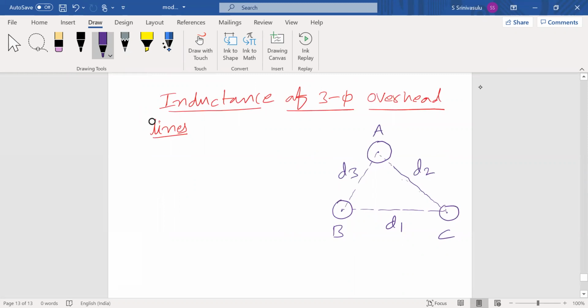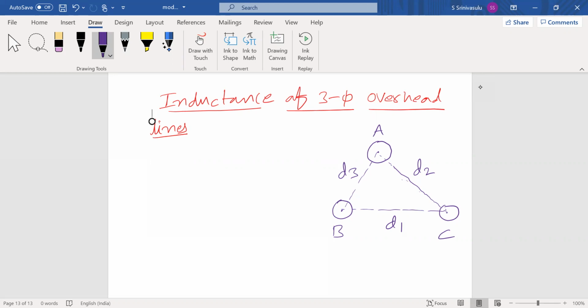Normally, for bulk power applications, we have to transfer the power in three-phase only. For generation, transmission and distribution, most of the time we are using only the three-phase system. A three-phase system means using either RYB or ABC terms. For convenience, I am using A phase, B phase, C phase.